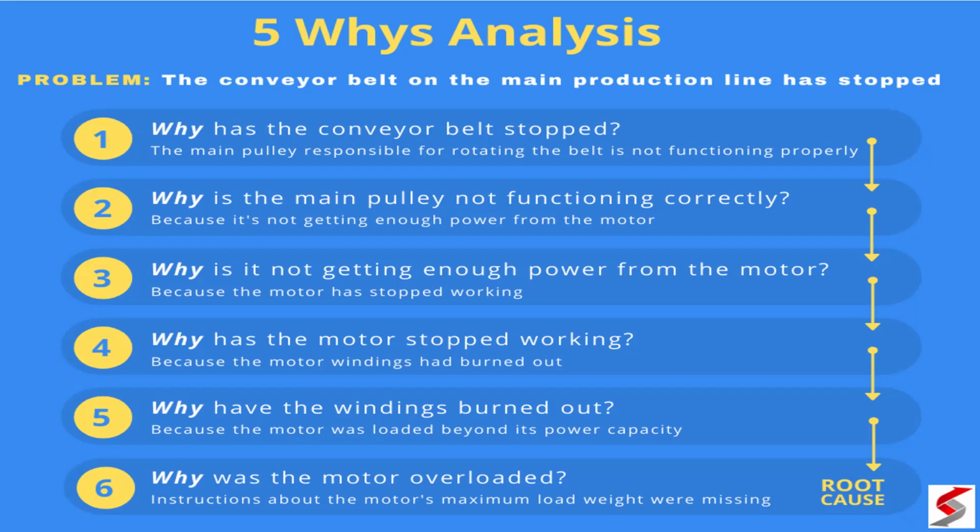Because the motor was unable to tolerate the load. So when the load was missing, there was only a problem of miscommunication. There was a communication gap in the organization. And due to the communication gap in the organization, the conveyor belt was compelled to stop work, because this belt